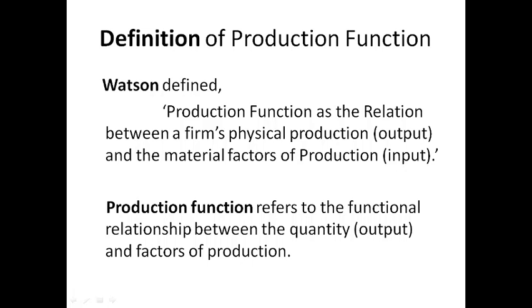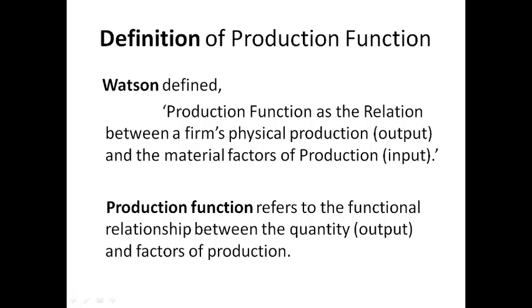In this way, production function reflects how much output we can expect if we have so much of labor, so much of machinery and so much of capital. Why do we call it a function? Because on which combination of inputs we get the required quantity of output, and how much increase and decrease in inputs affects the output. This is a relationship between inputs and outputs, so we may say it is a function.